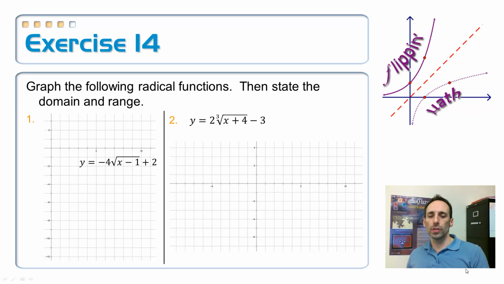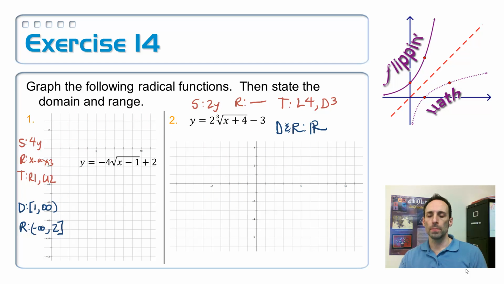So let's first look at the SRT transformations for each of these. Voila. So on number 1 here, we are scaling this by 4 since there's a 4 out front, 4 times the y-coordinate. And since that 4 is negative, it's going to also reflect across the x-axis. And we're going to translate it right 1 and up 3. Okay, and then, well, the domain and the range will make a little bit more sense once we have graphed